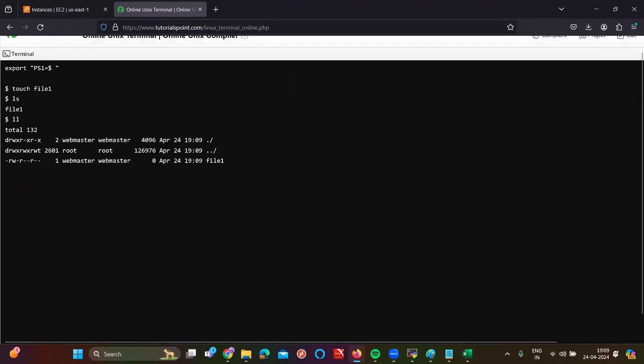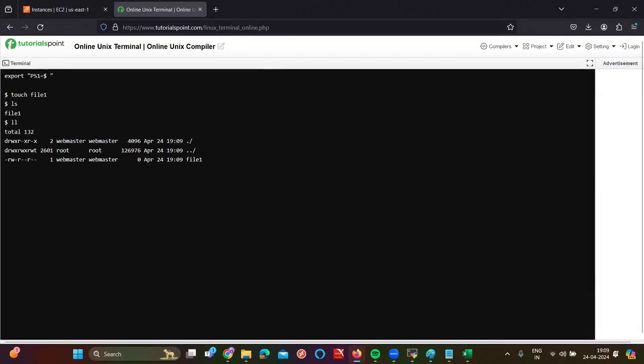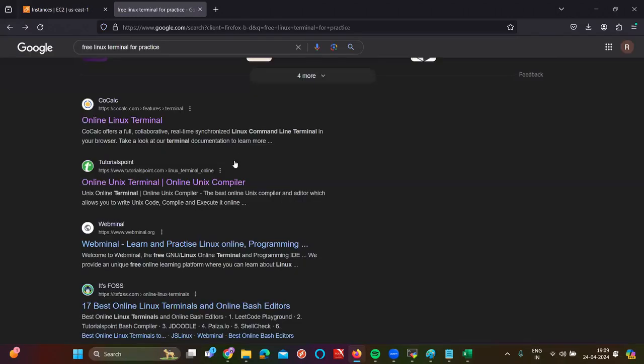Okay. So for this one, you can use these online terminals as of now, but don't worry, in the upcoming days, I'm going to show you how to practice with the servers. Why? Because as of now, you don't know how to create an EC2 instance. We don't have cards with you, but definitely I'm going to show you how to create an AWS account. Apart from this terminal, you have a lot of terminals also. Let me show you some other terminals.